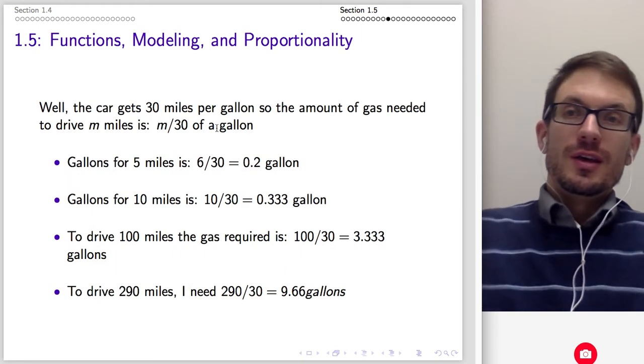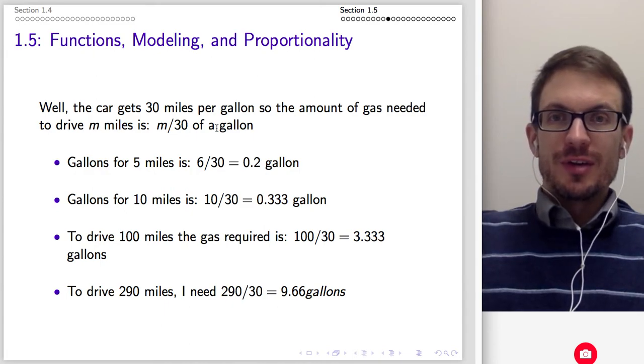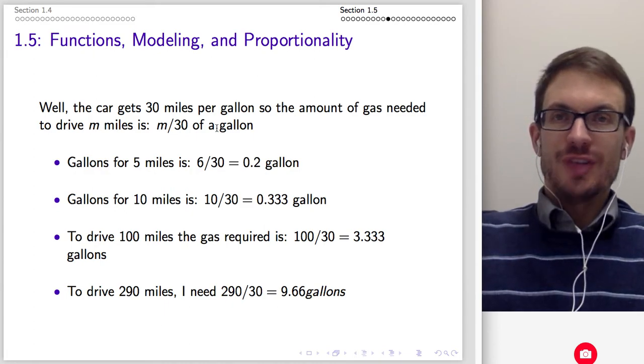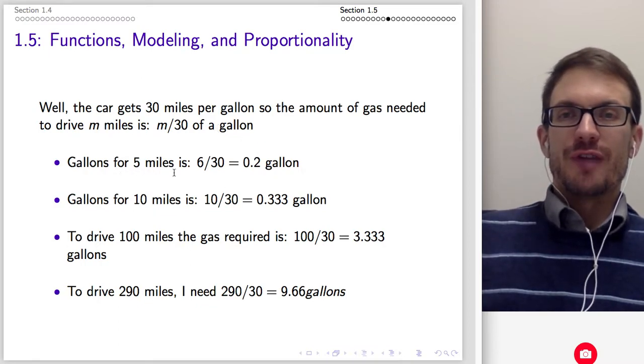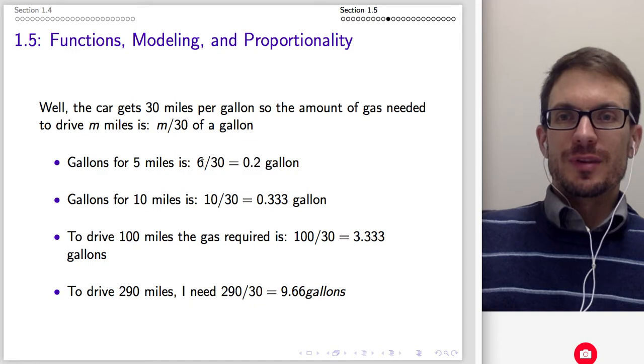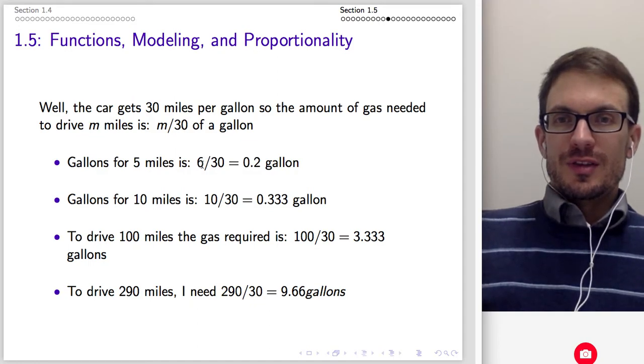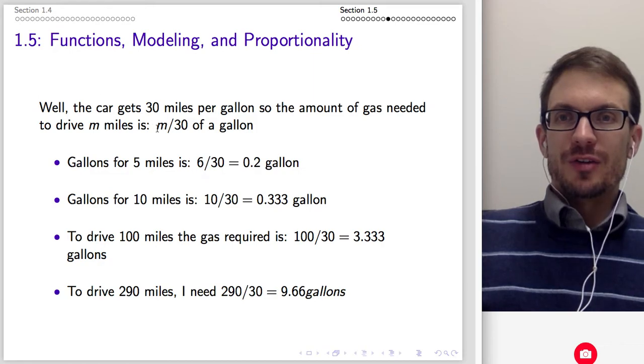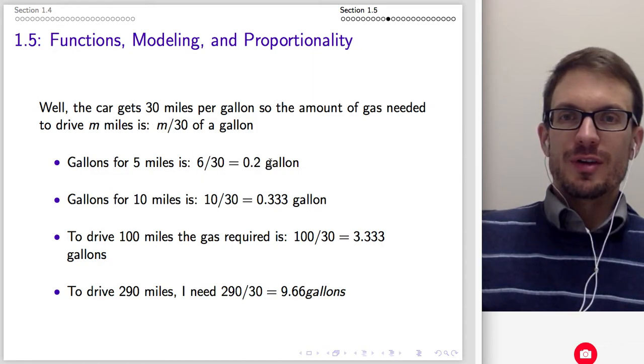Okay, well, if the car gets 30 miles per gallon, the amount of gas needed to drive m miles is just m divided by 30 of a gallon. So the gallon for 5 miles is, let's see, 5 divided by 30. So this should be 5 rather than a 6. Should be miles is 5, so this should be 5 divided by 30, or